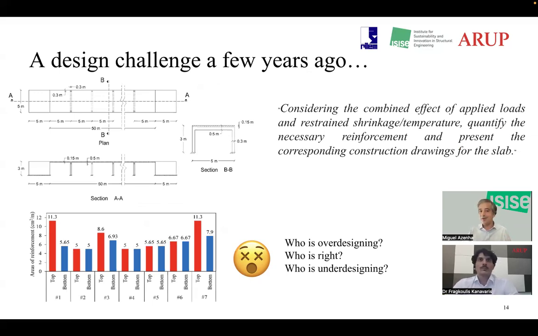Okay, and also, this is just to provide you with an insight that we are not just showing our opinions, we are showing actual experience from things that happened in the past. One of the things that happened is that we launched a benchmark between several structural design offices, experienced engineers, and they were challenged to size the reinforcement needed for a very long slab of 50 meters length and with spans of 5 meters. The slab would be not very thick, a 15 centimeter slab supported on 50 centimeter beams. And when we asked them to detail the reinforcement and give us the quantity and the layout, there were differences in the layout, but fundamentally there were differences in the quantity.